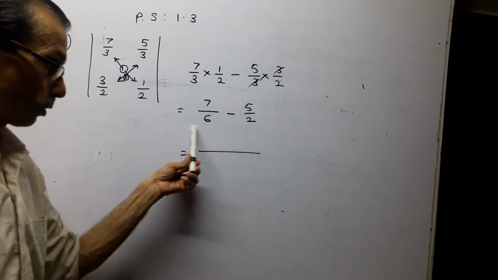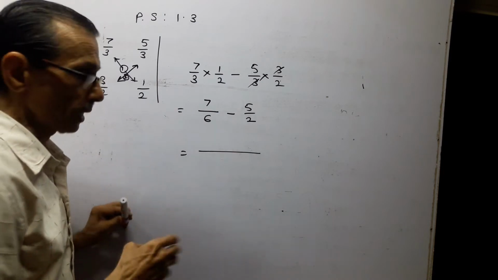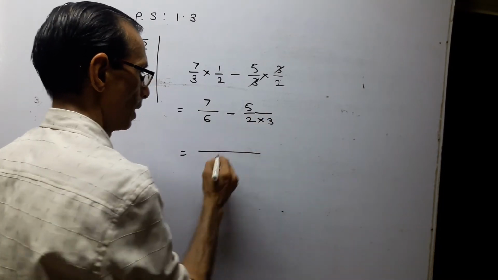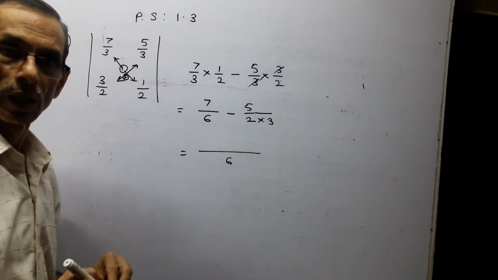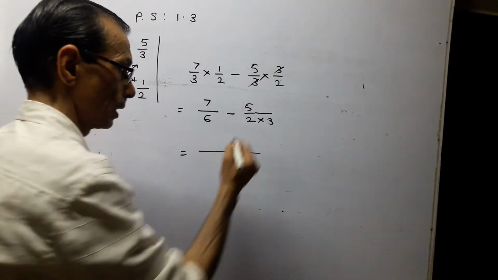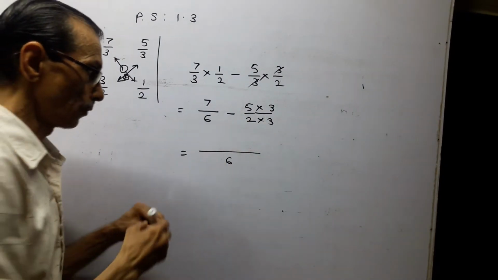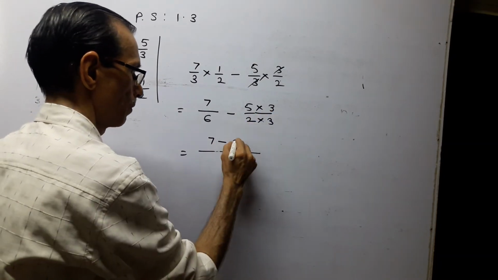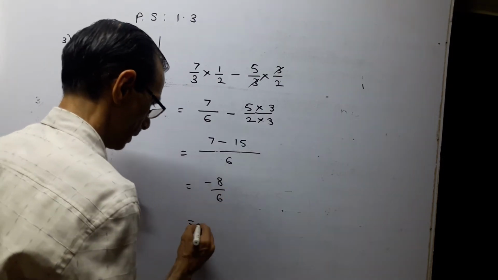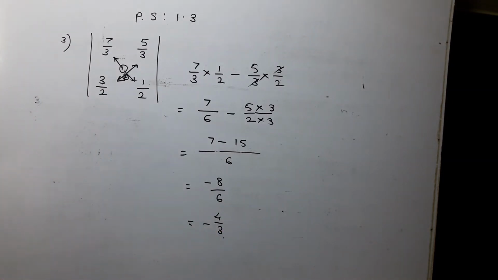We have to take the subtraction of fractions, 7 upon 6 minus 5 upon 2. Whenever we have to add or subtract fractions, we have to make the denominators equal, and for that we take the LCM. LCM is 6. While making the denominator equal, we multiply 2 by 3, but when multiplying 2 by 3, we should also multiply 5 by 3, so the value will not change. We get 7 minus 15 upon 6, which is minus 8 upon 6. Now let's simplify this, and that is equal to minus 4 upon 3.